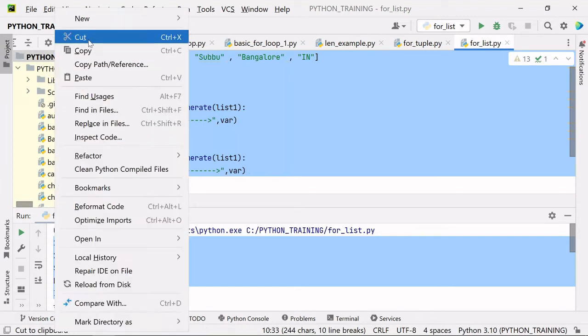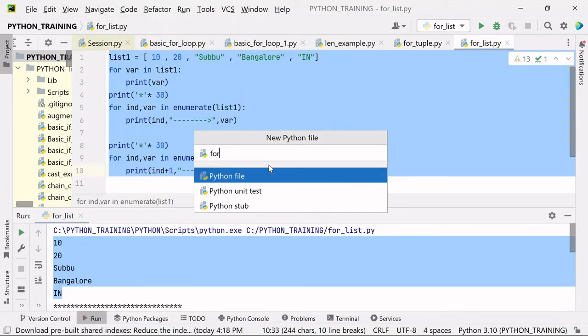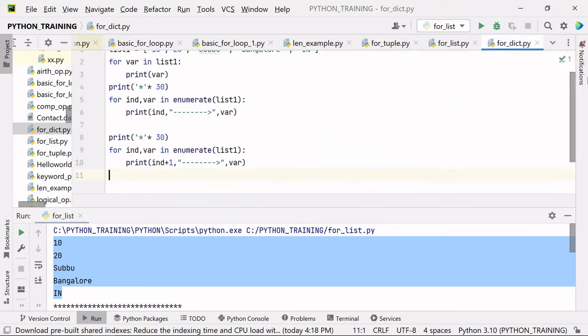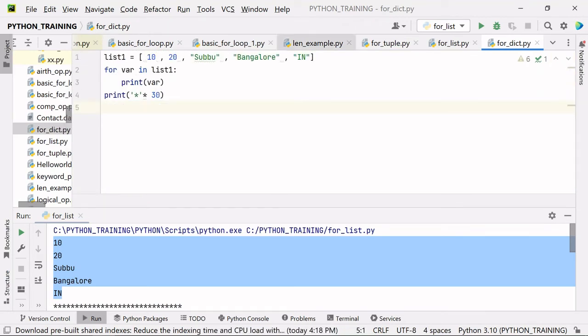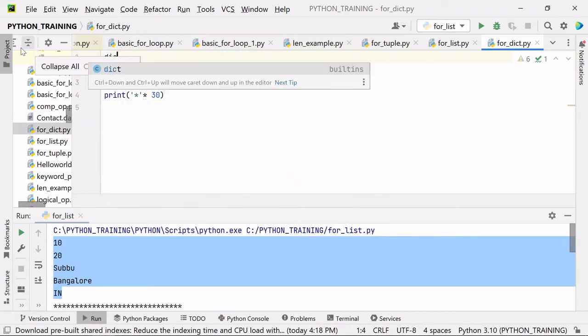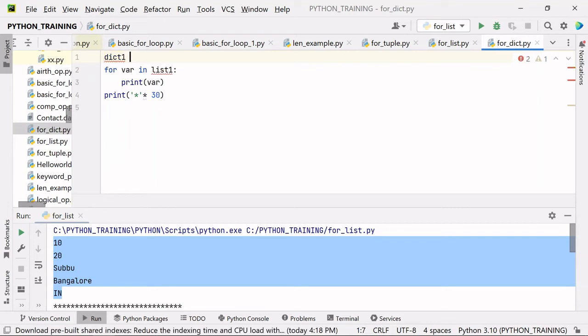Now I'm going to show a Python file for dictionary, and I'm deleting all the code over here. Now let me define a dictionary, dictionary one, or I can say order info. This is my dictionary. Here I'm giving name. This is kind of like JSON, if you're familiar with JSON formatting, it is just the same. Subhasis, and here I'm giving location,